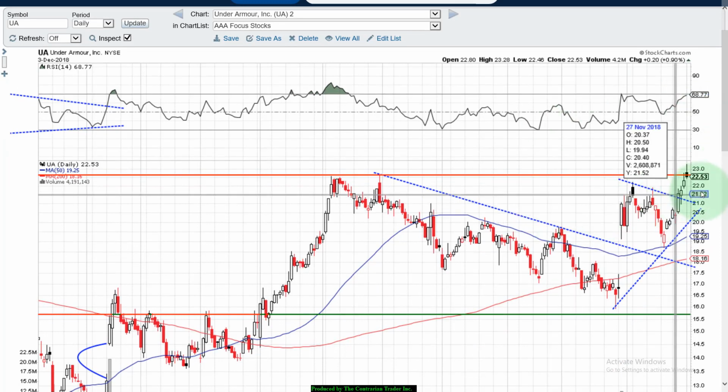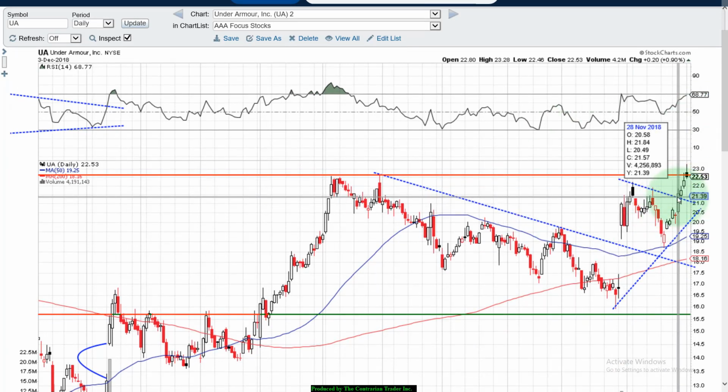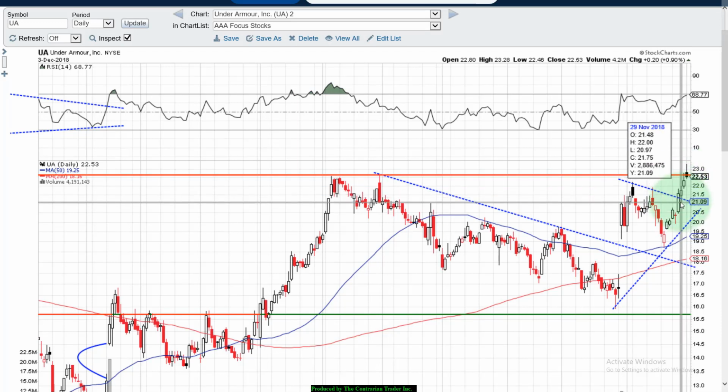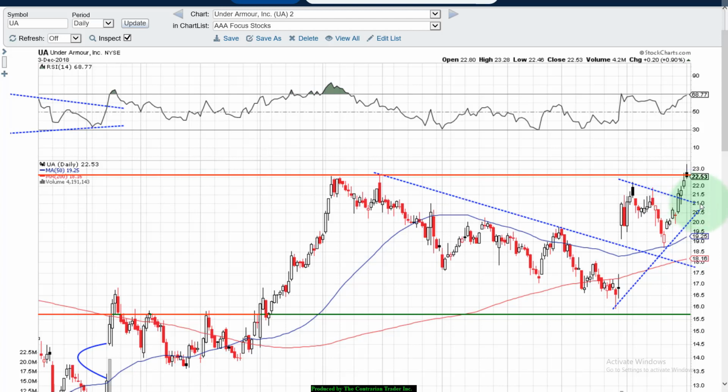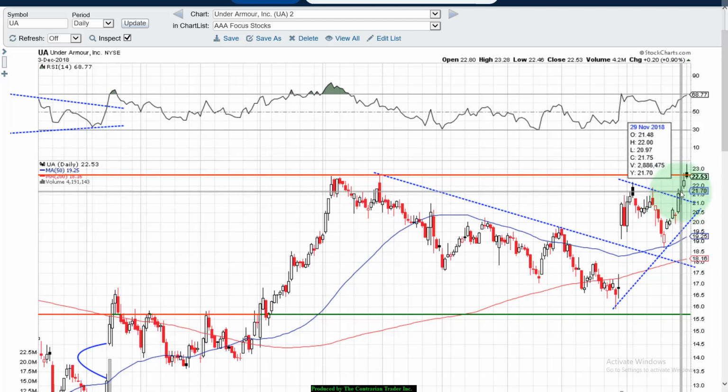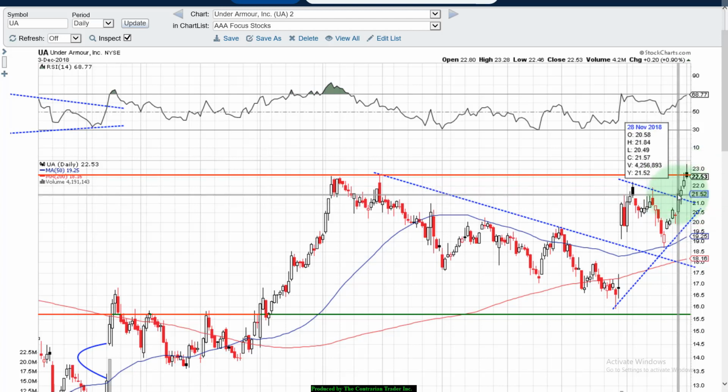What do I mean by that? What I mean is that, yes, we broke out here on the 28th of November. We retested the breakout point on the 29th. That's good stuff. We reversed off the lows of the day. We closed well. We did close off the highs of the day as we did on the 28th,